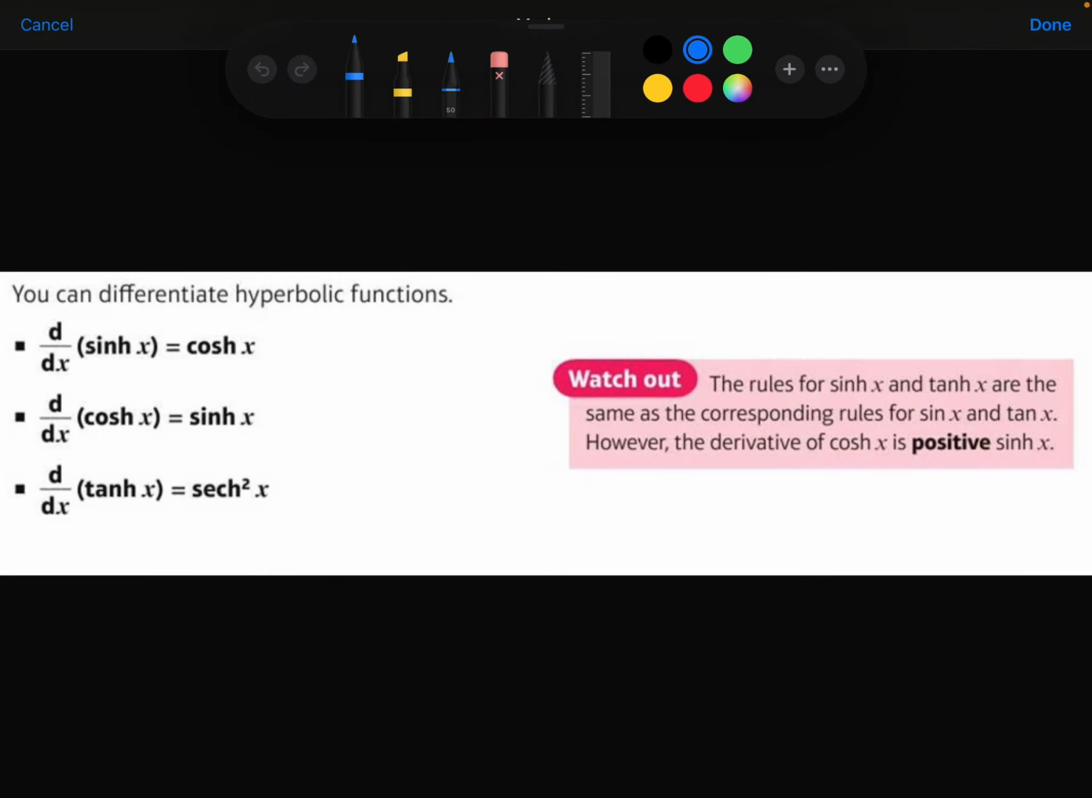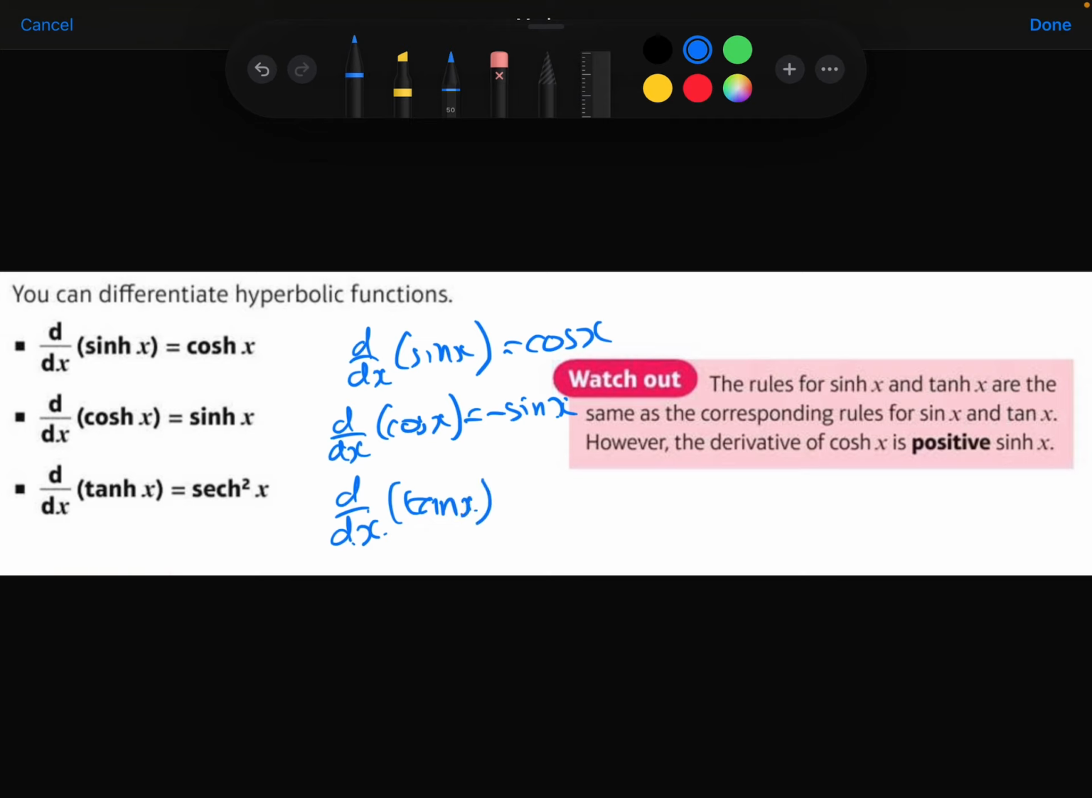We know that when you differentiate sine, you get cos. We know that when you differentiate cos, you get minus sine. And when you differentiate tan, you get sec squared. So notice that these results are very similar. The only difference is that cosh differentiates to positive sinh, not negative. So I'm going to show you why that's the case